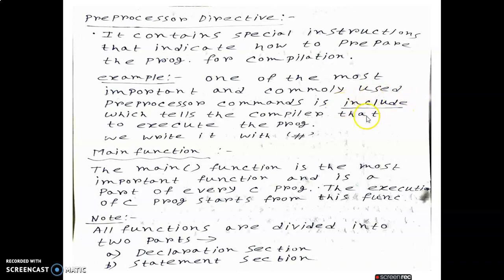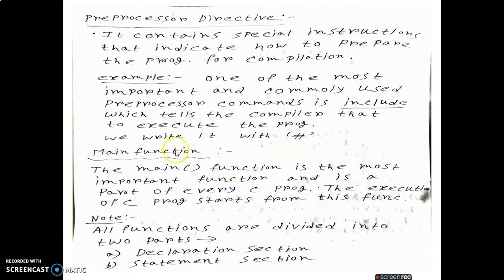We write it like #include <stdio.h>. The hash symbol means the preprocessor directive tells or instructs how to compile. And include is the preprocessor command, which tells the compiler to include the file before executing the program.